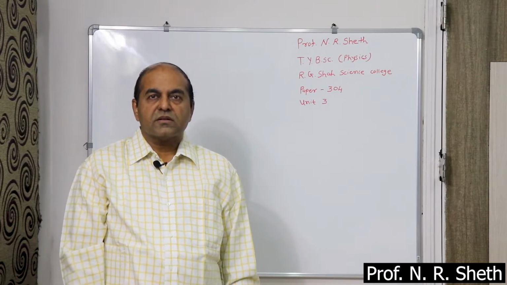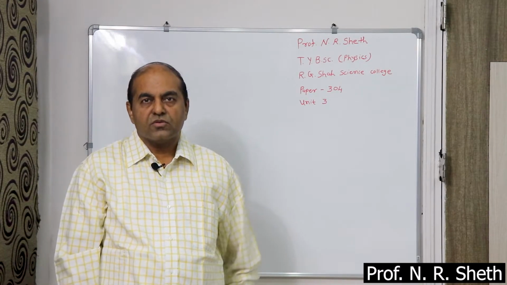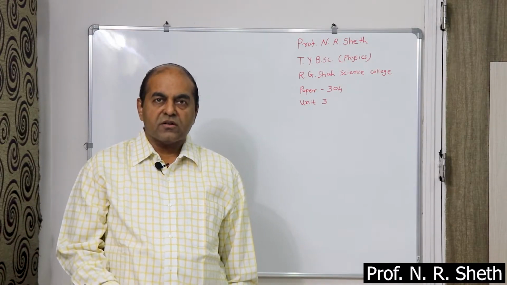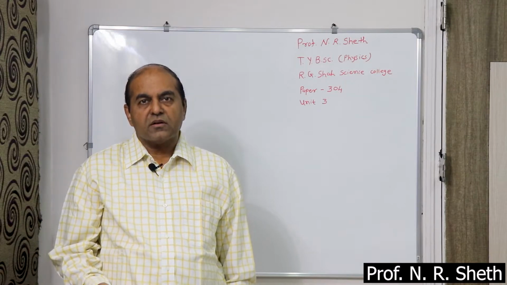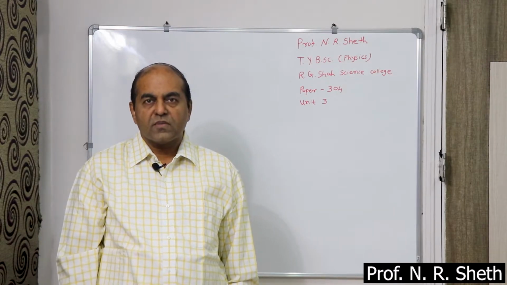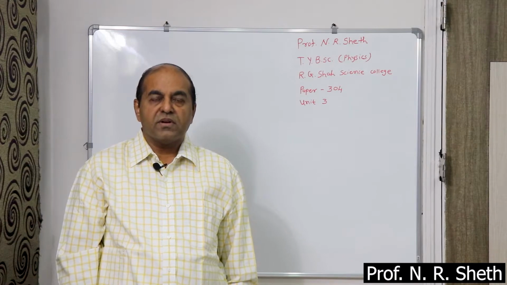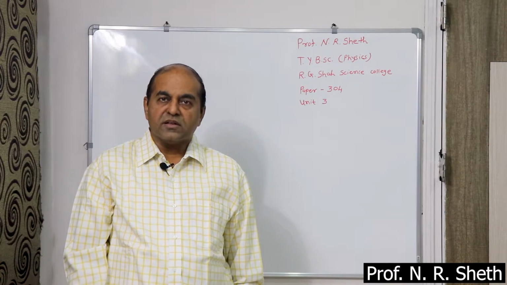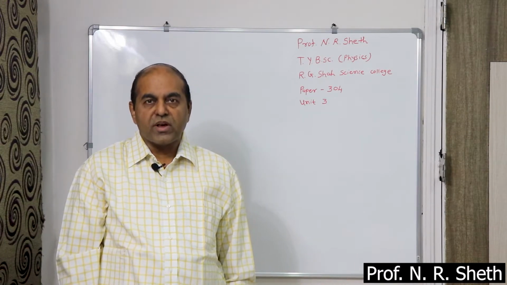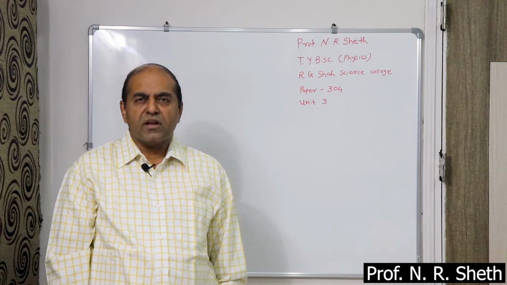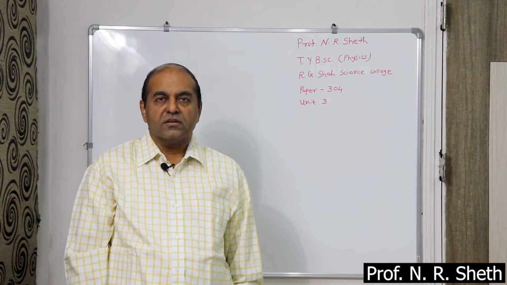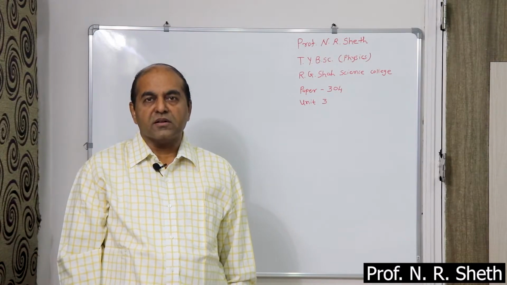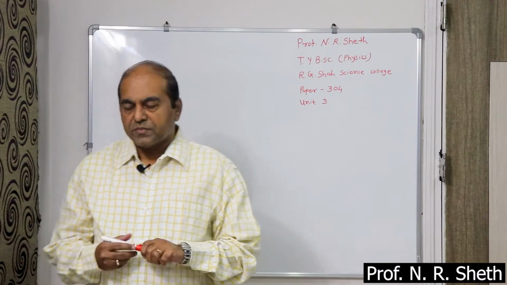Today we are going to discuss the third pattern to simplify the Boolean equation. In the first lecture we discussed Boolean algebra to simplify Boolean equations. In the second lecture we discussed the sum of product method to simplify digital circuits. Now today we are going to discuss a very important method to simplify the Boolean equation, and the name of the method is Carnot map.